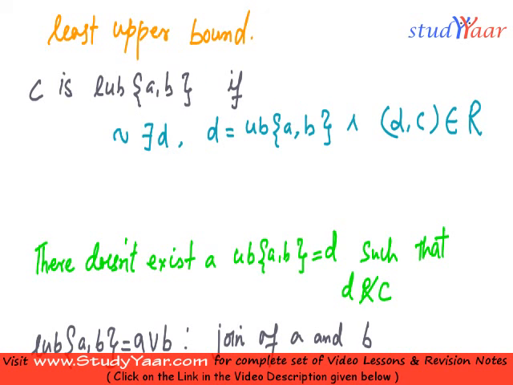It is basically equal to, for all D, we have already seen what is the negation of an existential quantifier. So it basically means